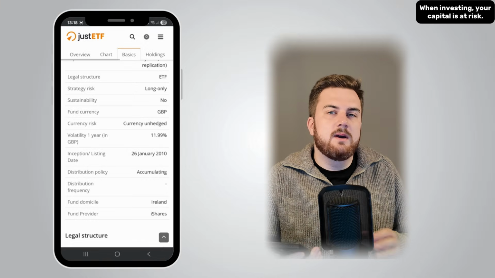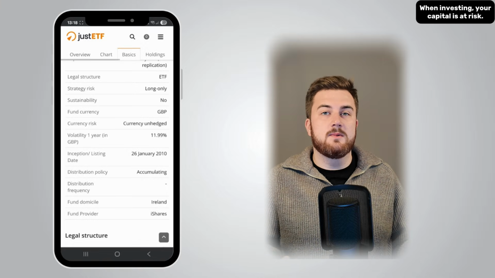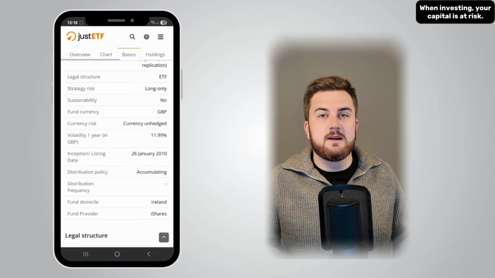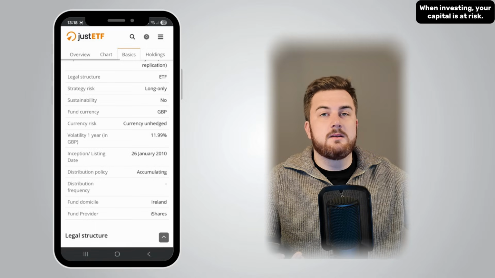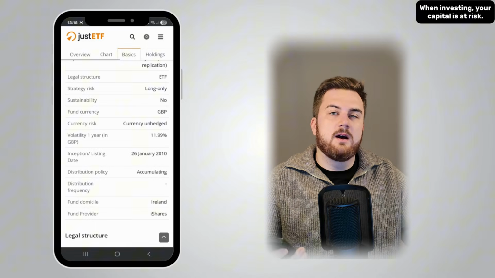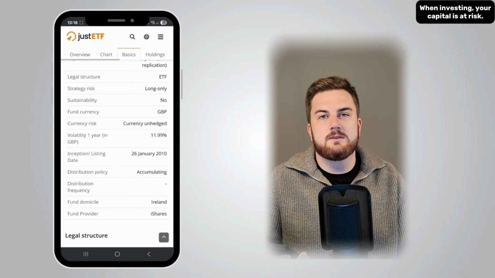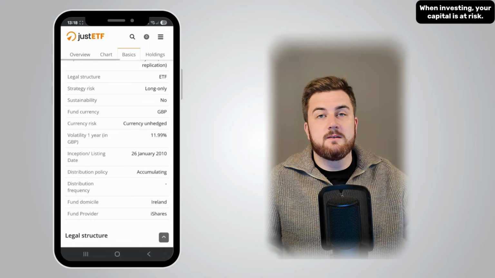So for example, if there was two S&P 500 funds that are exactly the same, physical replication, same fees, same AUM fund size, and one was domiciled in Ireland and the other was domiciled in Luxembourg, the one in Ireland will probably be the more favourable one to invest in because of that withholding tax difference. That's not a tax you pay, that's paid at fund level.